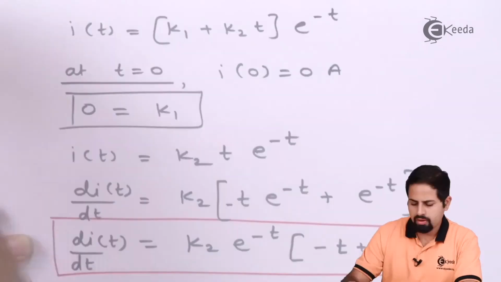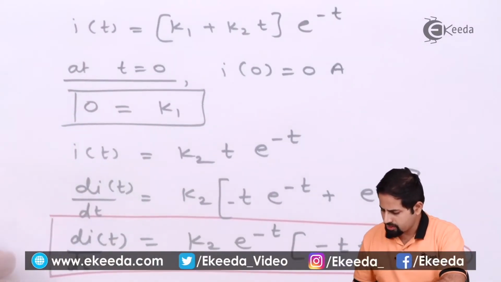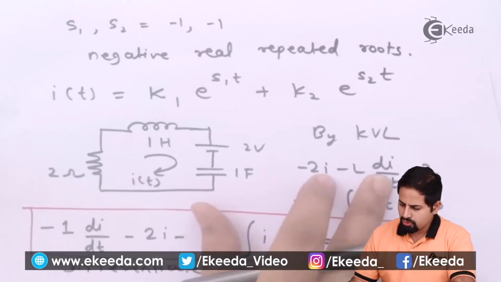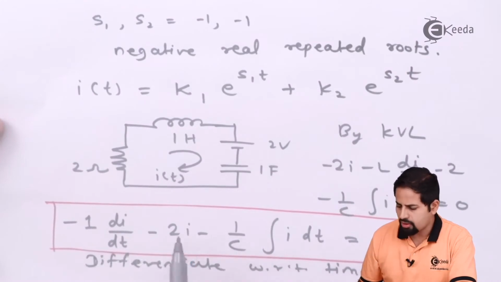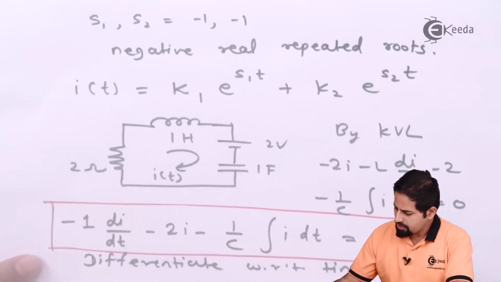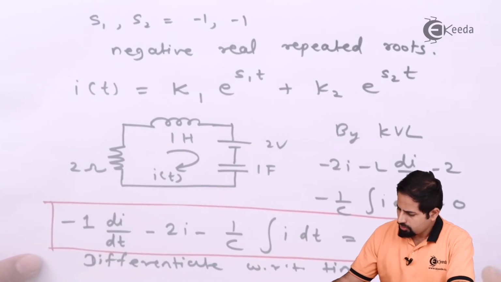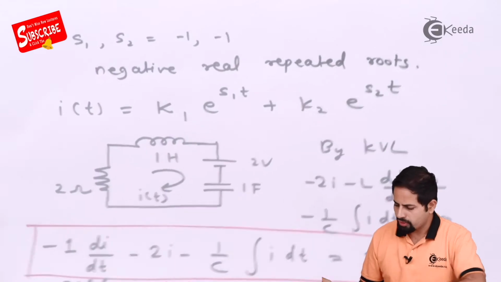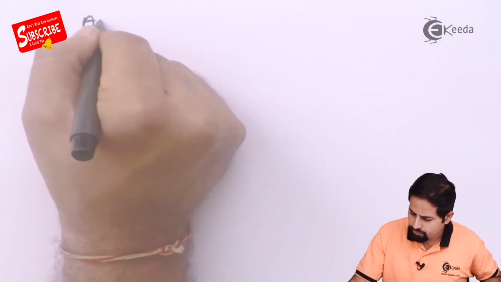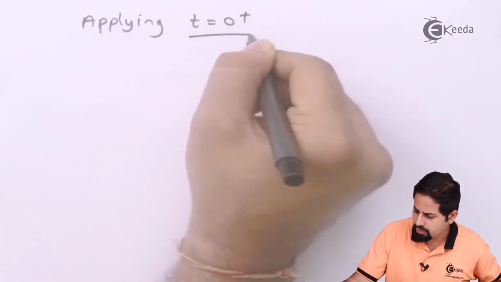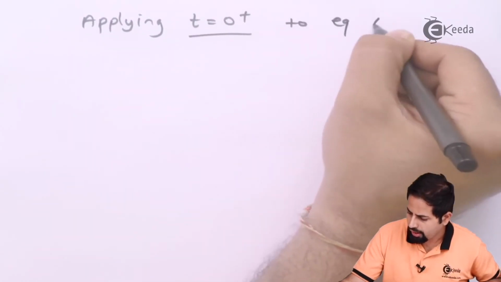So what I will get for case 2, this is equation number 1, let us assume that it is equation number 1, and then we are going to use this equation. This is also a part of case 2, and in this equation we will apply this. So let's give name A, and we will apply this equation at time t equal to 0 plus. So applying t equal to 0 plus to equation A,